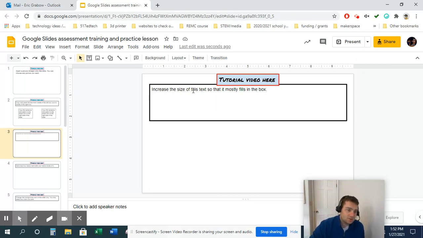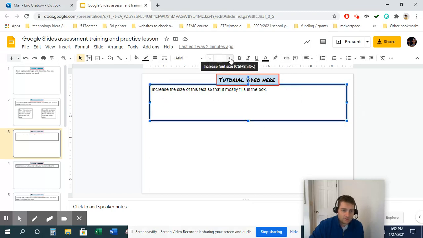All right, so let's increase the size of the text so it mostly fills the box. There's a handful of ways to do this. One of the easiest and the most effective ways is to click on the text box. You see that I clicked on it, and then you can increase the font size. You can also hold Control Shift plus, and that will also